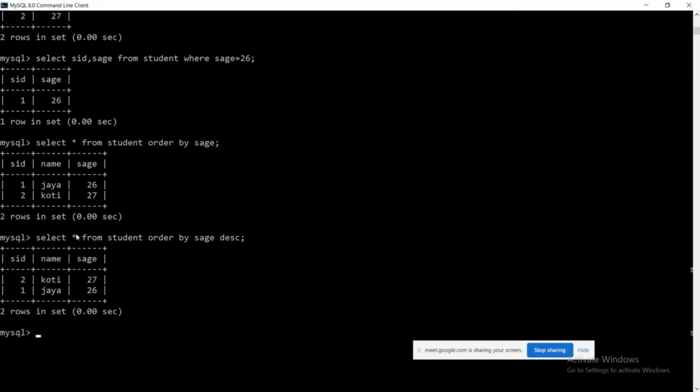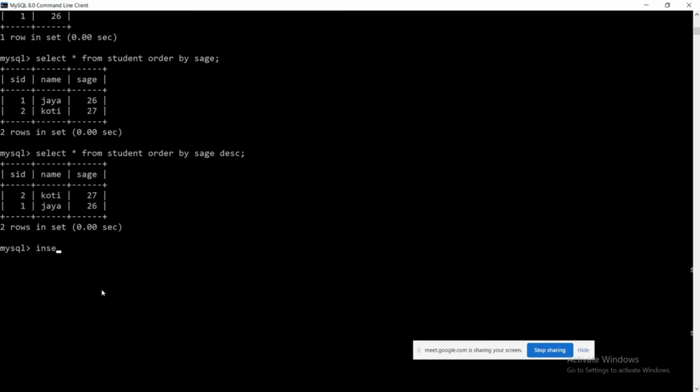So now you are going to get the data in descending order. Okay, fine. So now I would like to insert one more data: insert into student values of